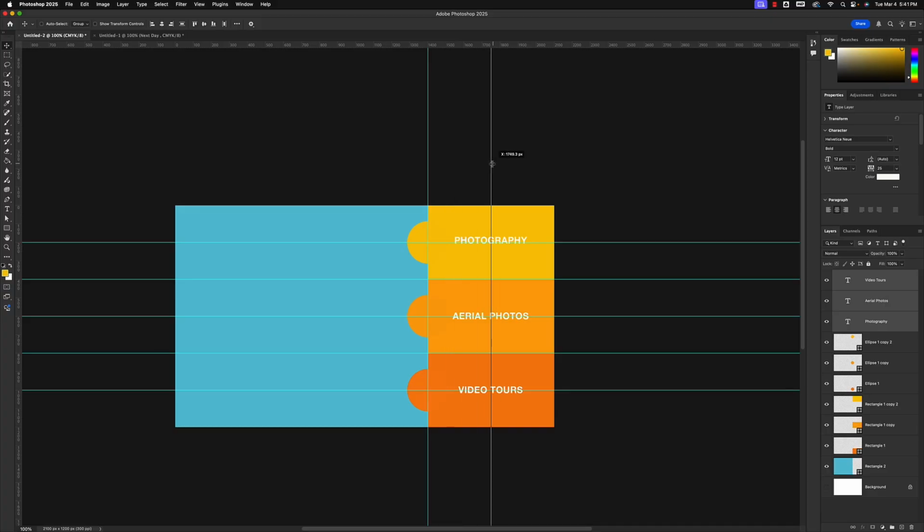Ideally, I think I'd like to have them centered. So I'll do that. Okay, so photography, select it, and just nudge it down a little bit. Aerial photos, that actually looks pretty good just the way it is. Video tours looks pretty good too. So now I just need to get the name of the company over here. And again, I could use the text tool, or I could just grab one of these, hit Command J, and